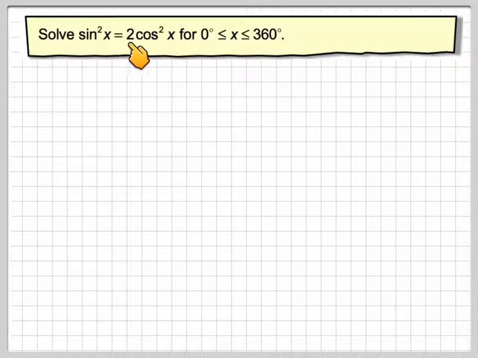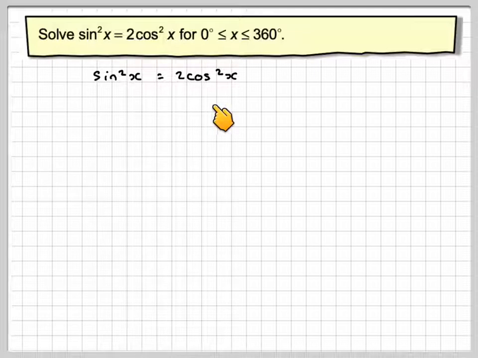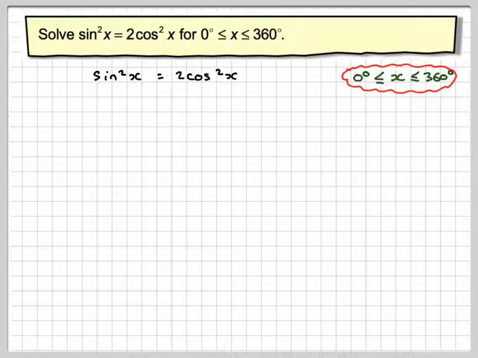So sine squared x is equal to 2 cos squared x for x being between 0 and 360. So we've got sine squared x is equal to 2 cos squared x, and x is between 0 and 360. Now when we've got sine squared x is equal to cos squared x,